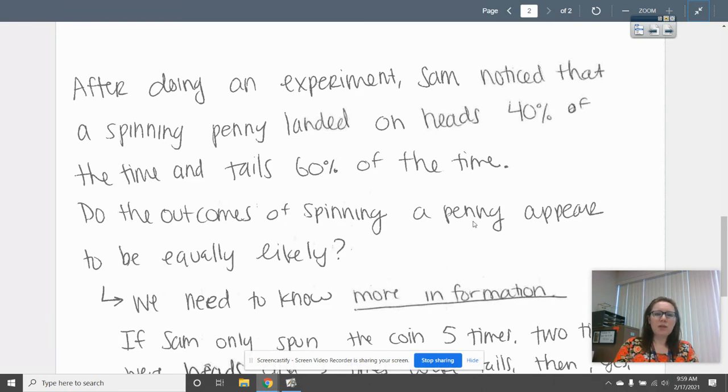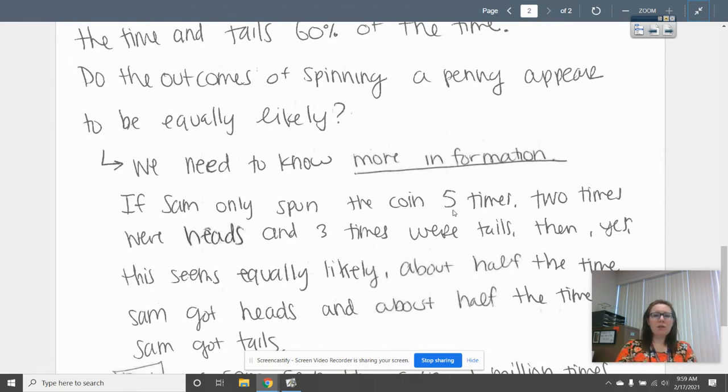The question is, do the outcomes of spinning a penny appear to be equally likely? The reality is we cannot answer based on this information. We need more information. Because what if he only spun the coin 5 times? Well, then 2 times were heads, 3 times were tails. It looks like it's about 50-50, right? Next time could have been heads, and so it does end up 3 times and 3 times. Okay, so then yes, it looks like they're equally likely based on that. But